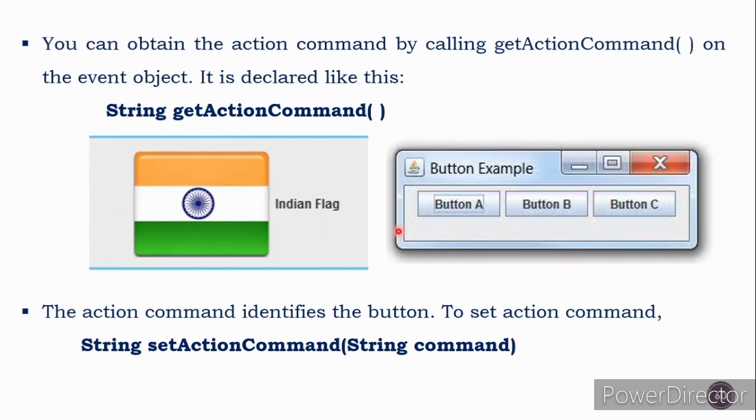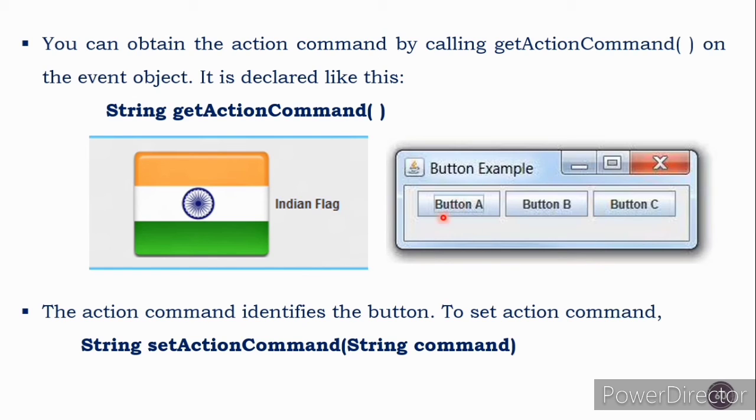See here, in this example there are 3 buttons: button A, button B, button C. These are the strings labeled on those buttons. We can use these as action commands for these buttons. When I click on button A, it will return the action command as button A, so that we can easily identify that I have clicked button A and button A is generating an event. You can obtain this action command by calling getActionCommand on the event object.